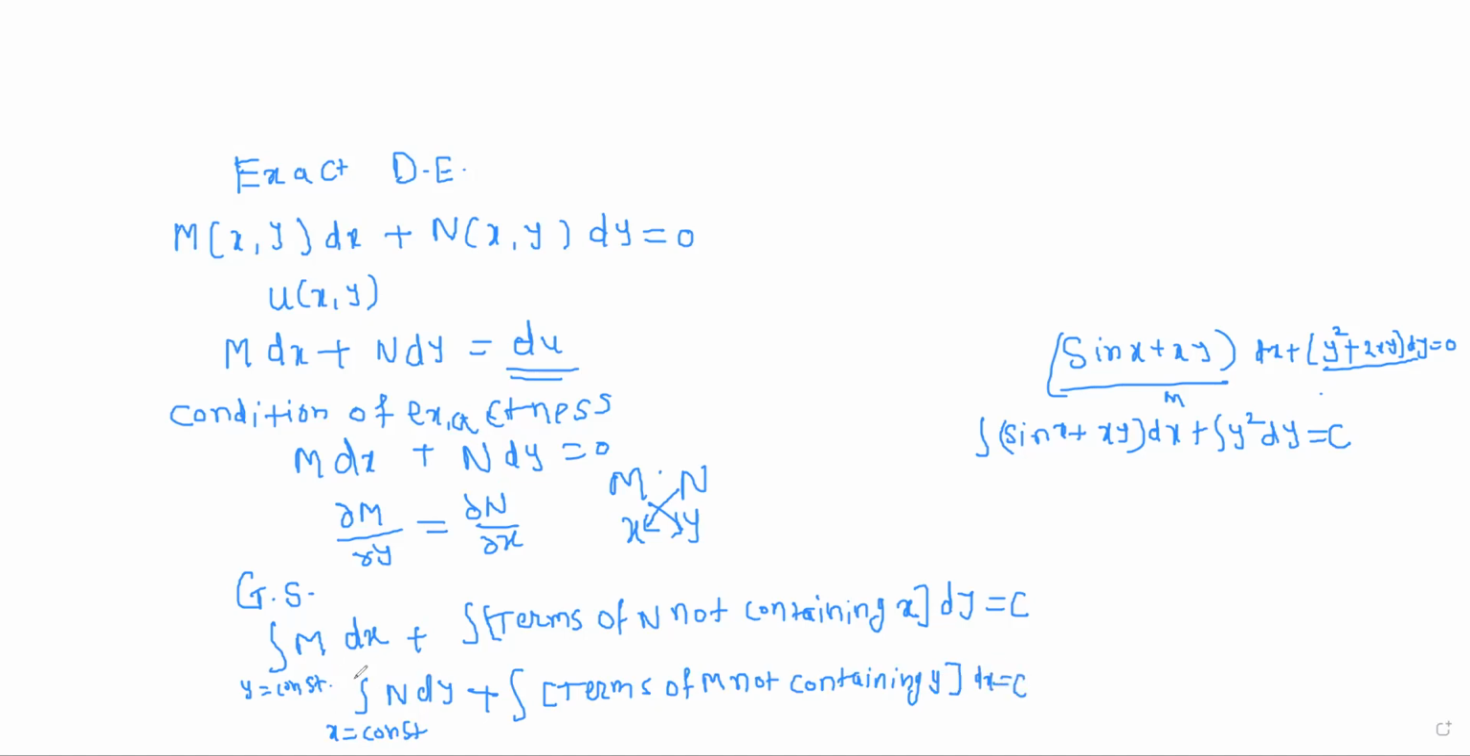So you can observe here that only M is replaced by N, x is replaced by y, and y is replaced by x. So the formula is the same. If you're solving your exact differential equation by either of these formulas, you are going to get the same answer. So that's your choice, whichever formula you are comfortable with. So you can use either this formula or this formula as well. Now let's see some examples of this